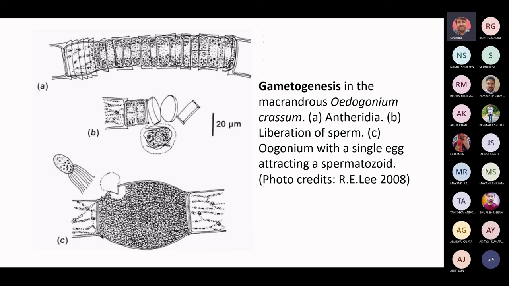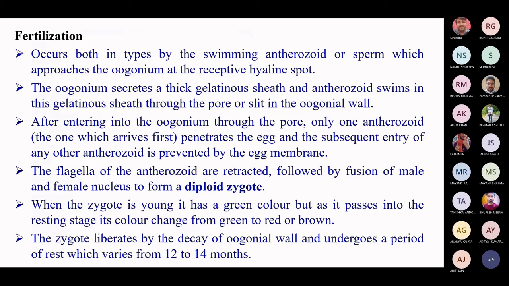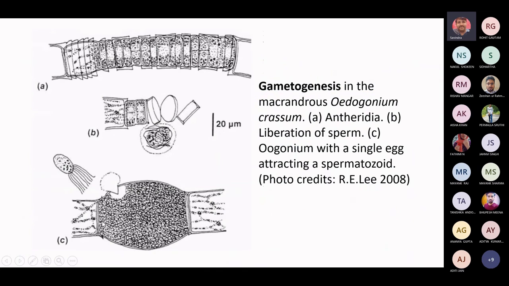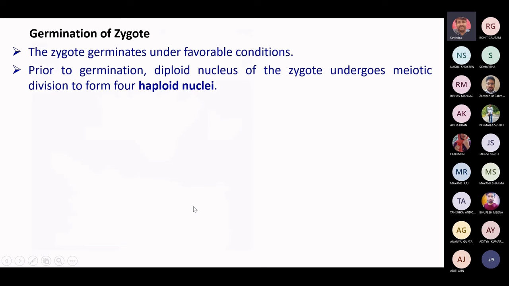So this is about the fertilization. And the zygote is liberated by the decay of the oogonial wall. Inside this structure, the zygote may remain up to 1 year. It means if there is not sufficient water and no nutrients, a viable zygote can remain inside this structure, protected from other environmental factors. And once it gets liberated again,